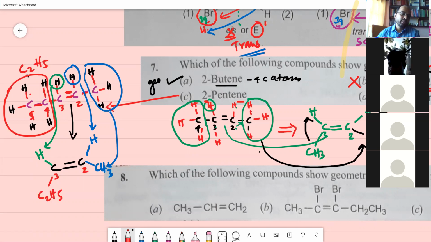Now you can write 2 isomers, one by flipping this to this place and this to this place. Hydrogen has very high priority here. High priority, low priority, high priority, and low priority. If you have both high priority on the same side,